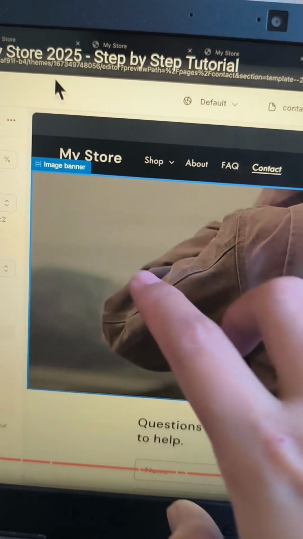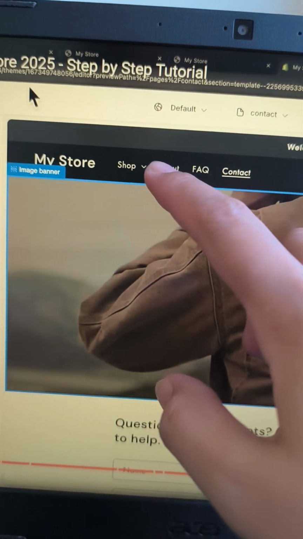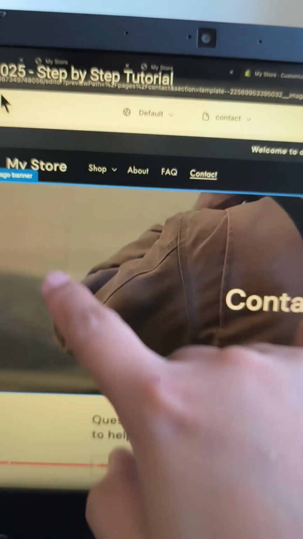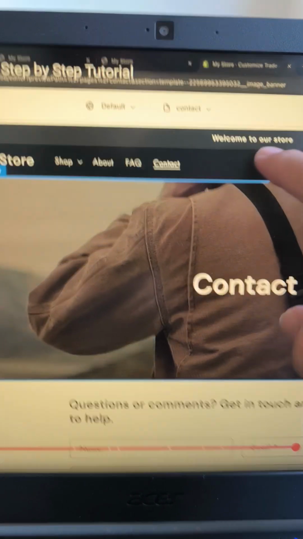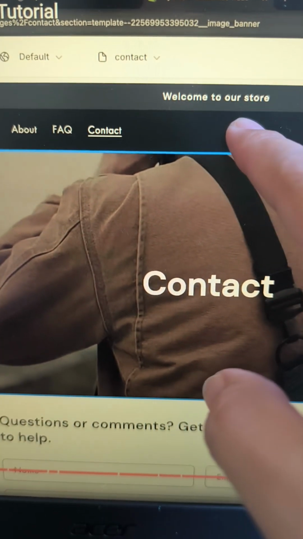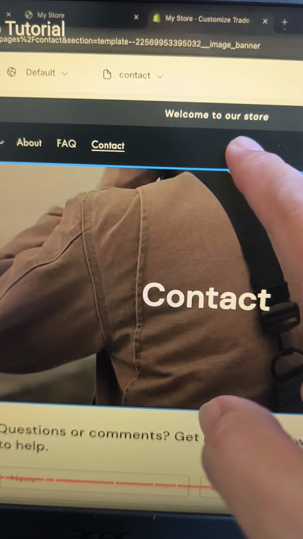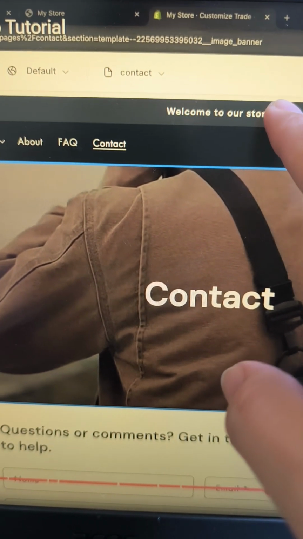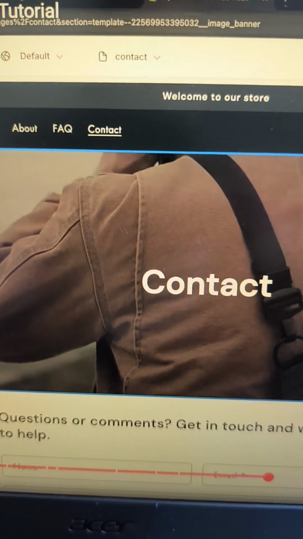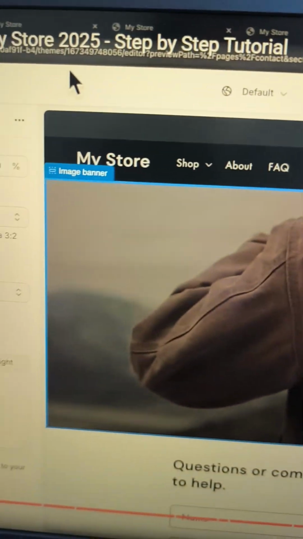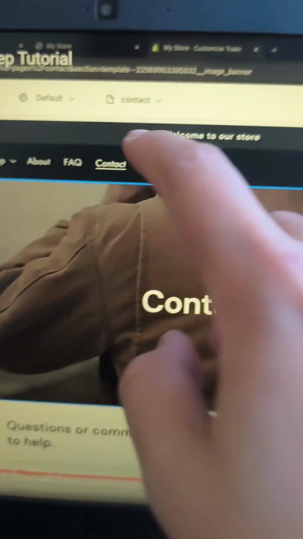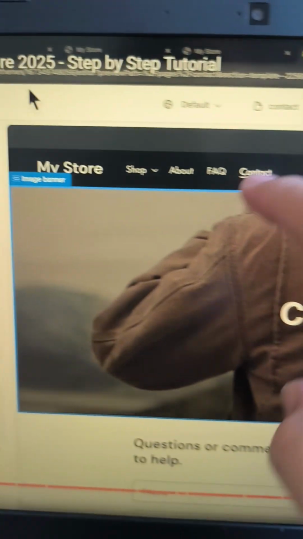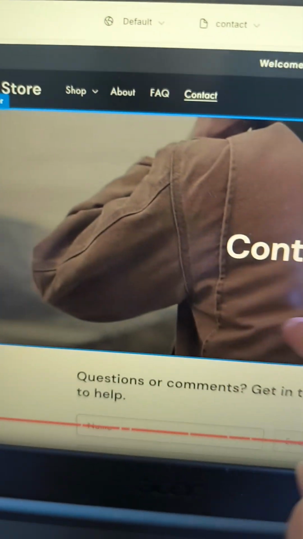After finishing the main menu in here, let's go to this one. This is the banner. So we change this welcome to our store. This is the portion where you put some, for example, 50% less or announcement bar. This is the portion of that one. And then this my store, we can put that in this portion, and then we add the logo also.